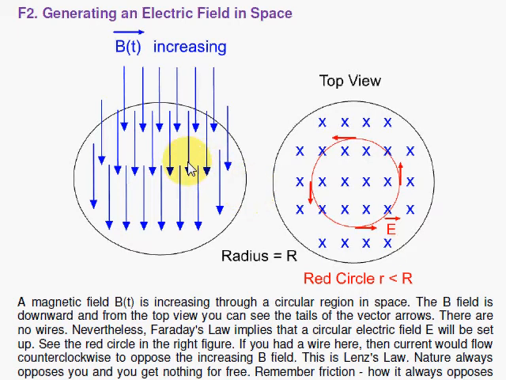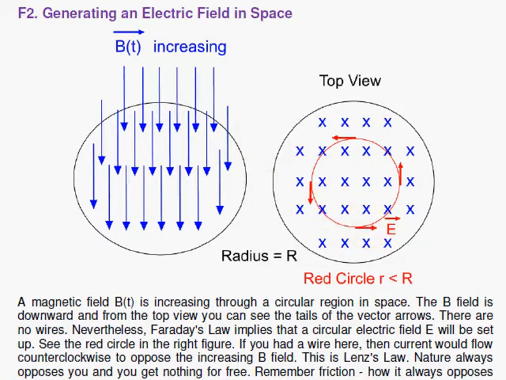Generating an electric field in space. We're going to look at the Faraday law and see that a changing magnetic flux produces an electric field. Now here we have a circular region with radius capital R, where the magnetic field is increasing going down the page. If we look at a circle inside this region, this is the top view, I'm going to show you that we generate an electric field along this circular path because the magnetic